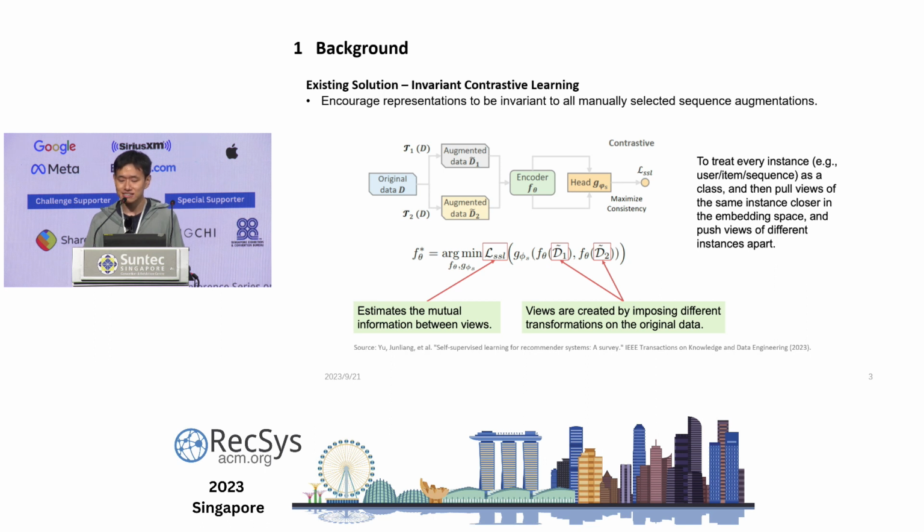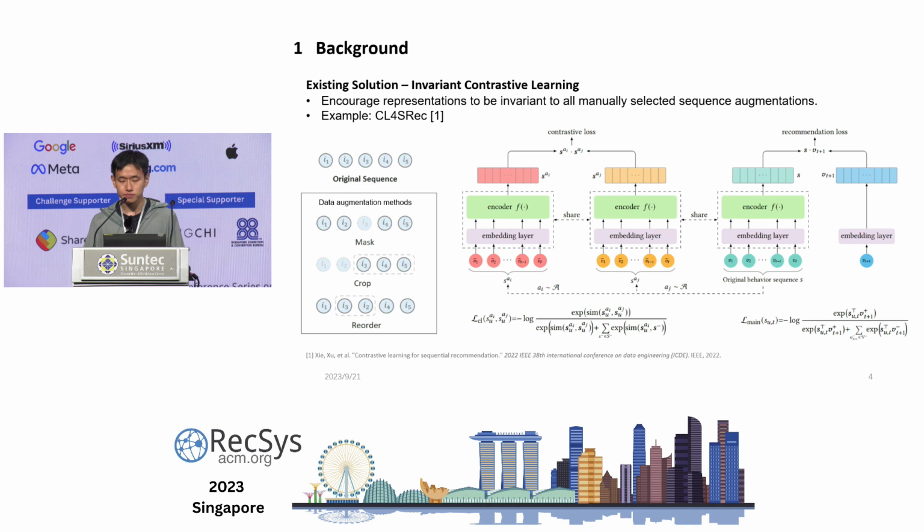To accomplish this, data augmentation techniques are applied to the original sequence in order to generate positive views. Views originating from different sequences are treated as negatives. Subsequently, the contrastive loss is employed to bring positive views closer together while pushing negative views apart within the embedding